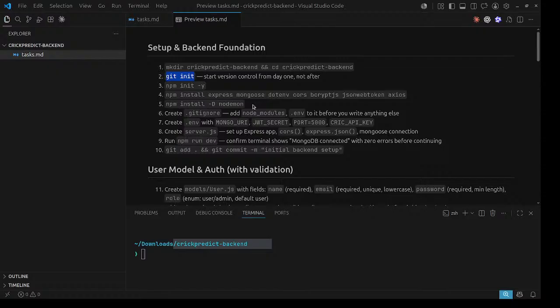Okay. So the next task we have to do is git init. The point to note is that everything we are doing in this case is pretty easy. Like if you see git init. Actually, I would not teach you step by step things like what is git init. But the truth is, I will just give you a